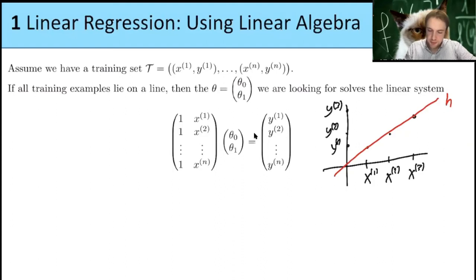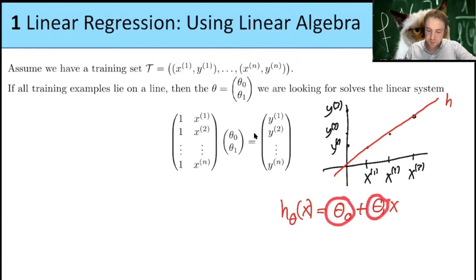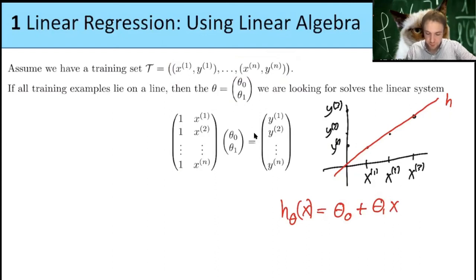And in our example, this h is theta 0 plus theta 1 times x. So if these training examples would all lie on a line, then these thetas would be a solution to this equation here, because if I multiply this out,